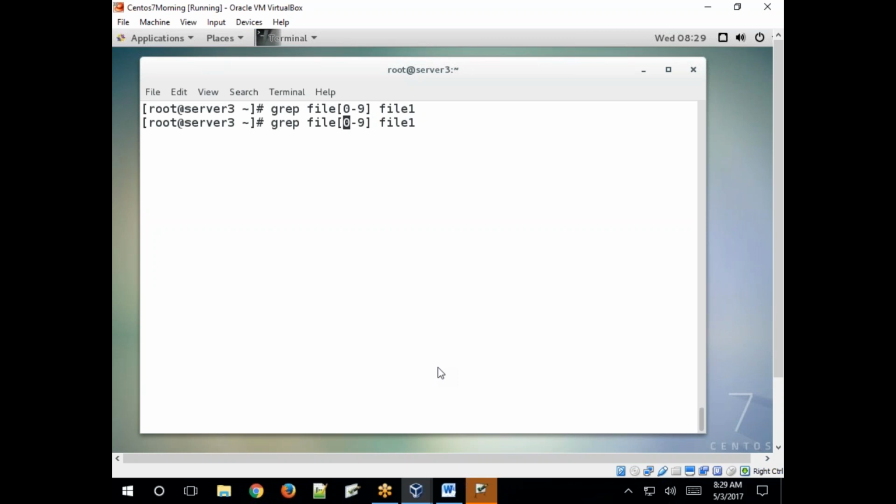If you specify it like this, grep returns only the lines containing 0 to 9 digits. So for example, create a file, file 4, polyglot 3.